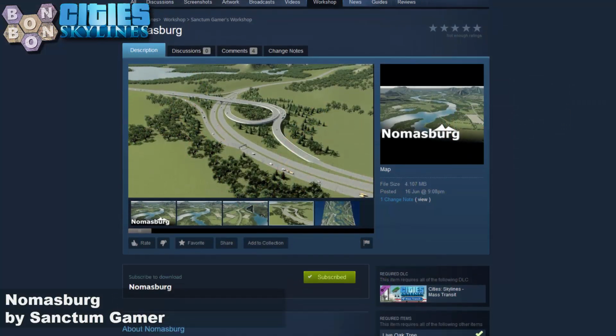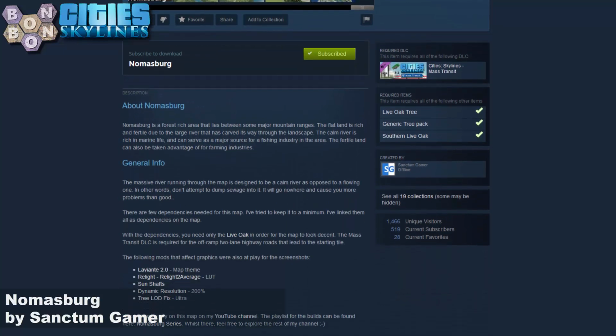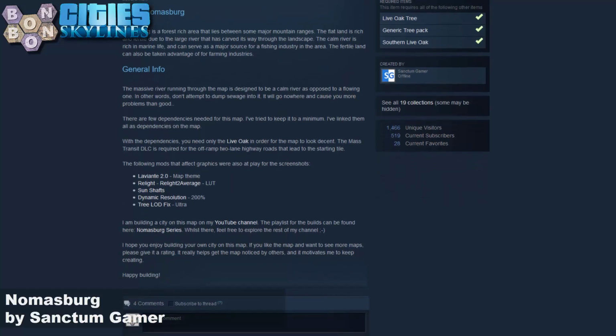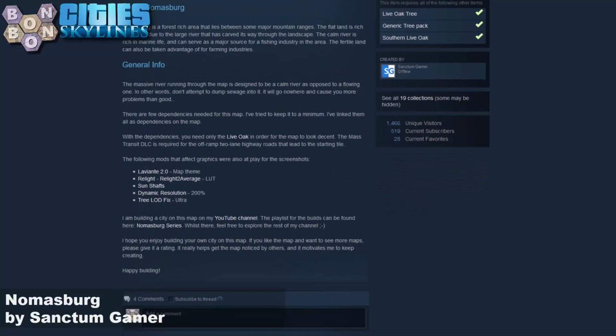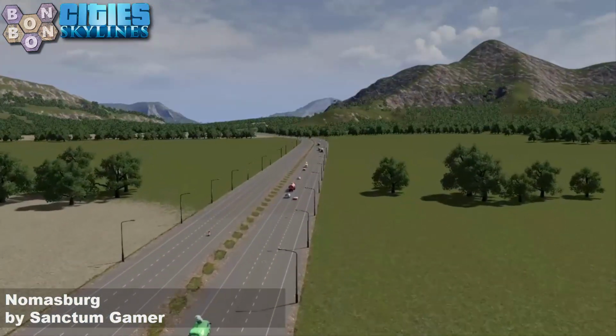Okay, off to the workshop. What do you need? It is a mass transit map. You will need Mass Transit for this one. We've got 3 trees to go for: the live oak, the southern live oak, and the generic tree pack. We'll be using the Laviante 2.0 map theme, the Relight to average LUT, and the recommendation is for dynamic resolutions and sun shafts, etc. But I do have the tree LOD fix, but the other 2,